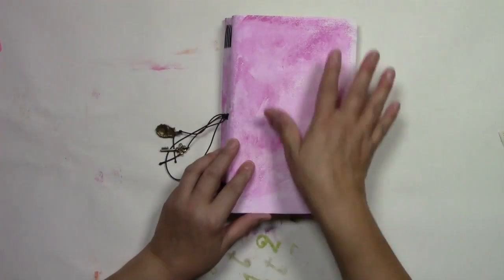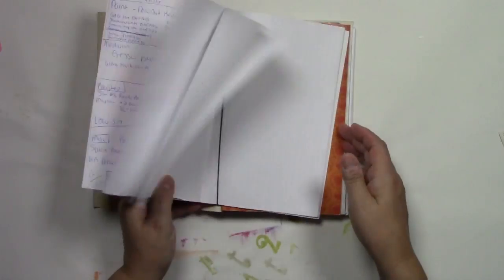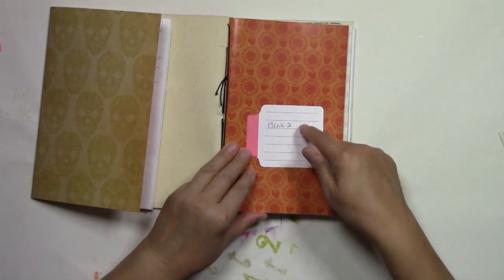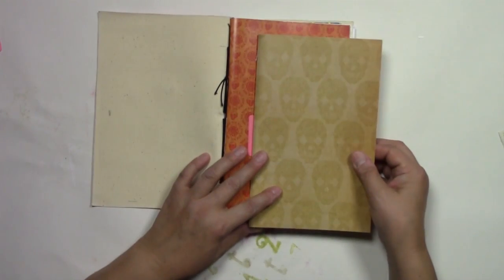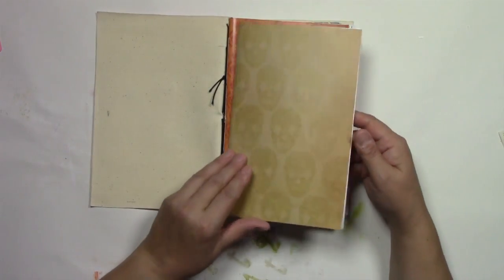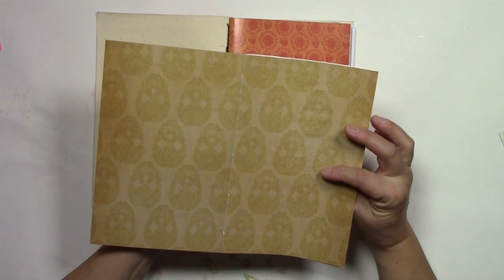So this one here, so far everything's the same. The booklets are made the same, except this is what I was basically using to create. Ignore this. This is to associate a journal that this is where I create my lessons, and then the lessons correspond to another journal. So this is grid paper. Okay, and I took the grid paper, folded it in half, created just a regular running stitch in there to sew them together, fold them in half. But I also added a cover because the paper itself is way too thin to straighten out the canvas. So I just added a cover to it, and this is just some